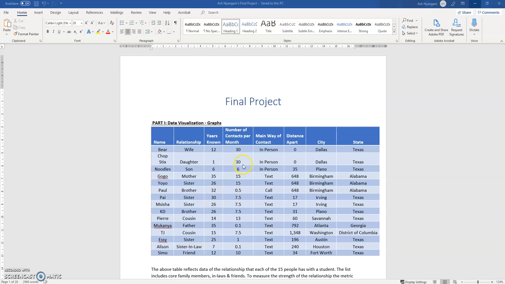And then the next column is the most important metric, because it's actually the one that measures the strength of relationship to the student. This is the number of contacts per month. The reason I chose this is, if you have a strong relationship with somebody, you're gonna be in contact with